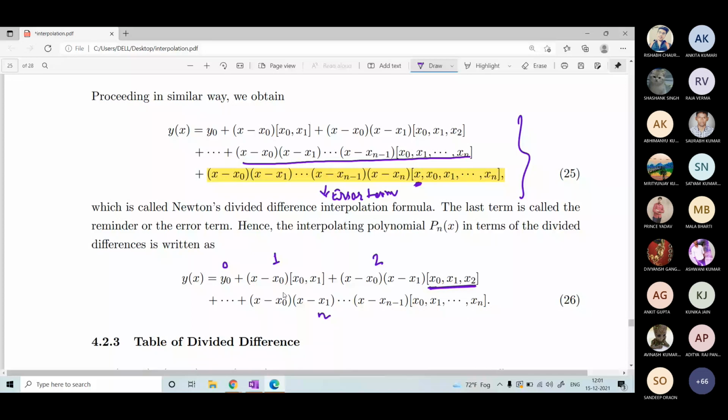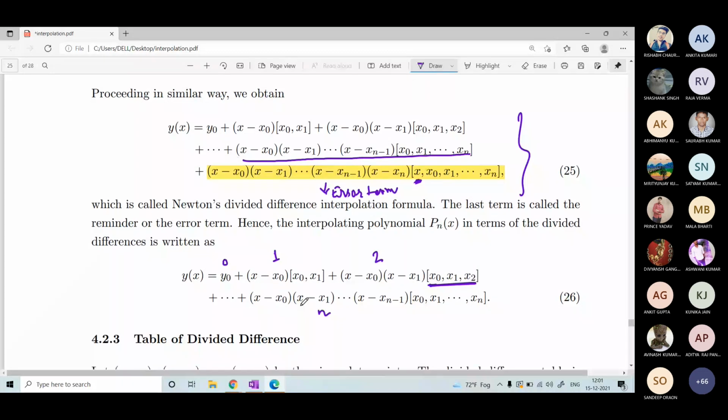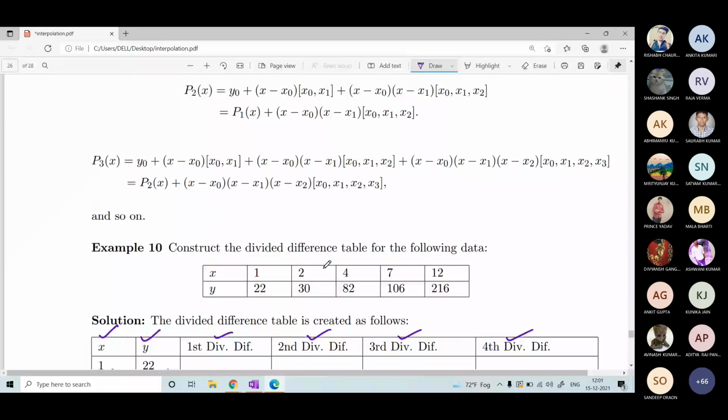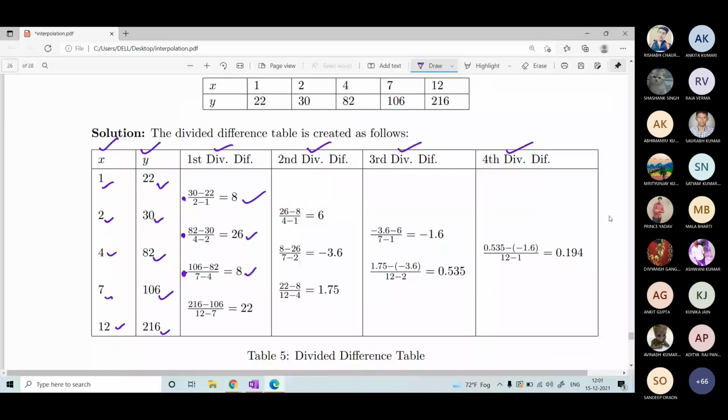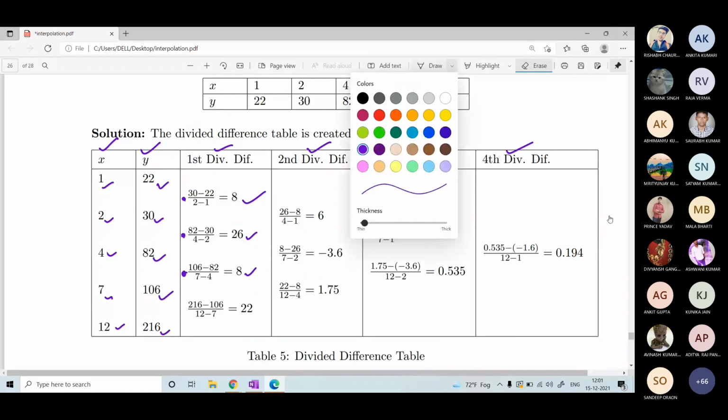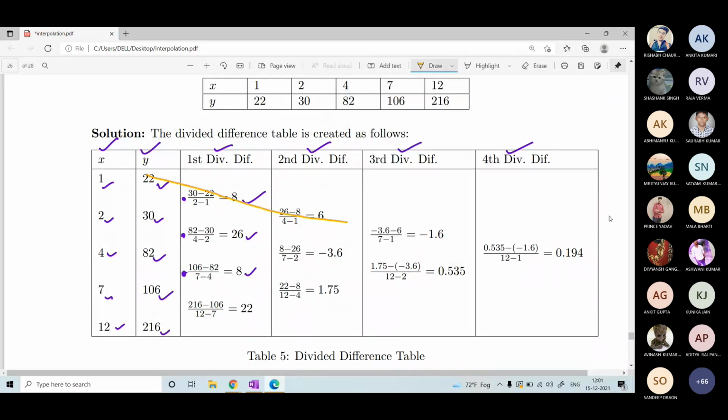Okay, so this is how Newton's divided difference formula is generated. It is very easy to remember, very easy to implement. If you look at the real data which we considered, that was the table. In this table, only the first diagonal will be used. This is the diagonal which we are planning to use. This diagonal you will have to remember, and these values are used in the divided difference formula.